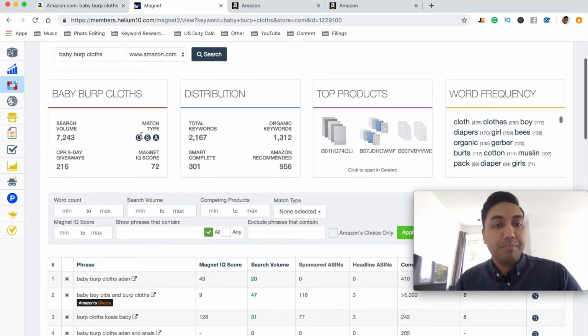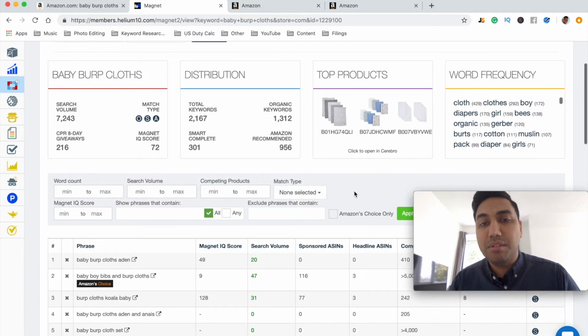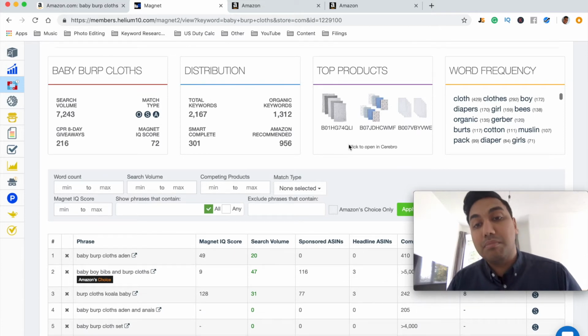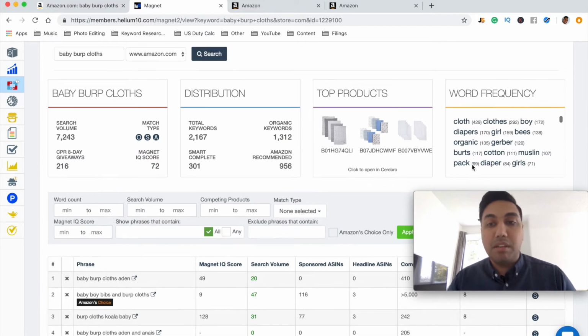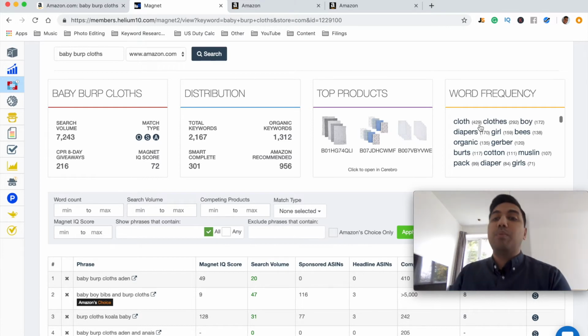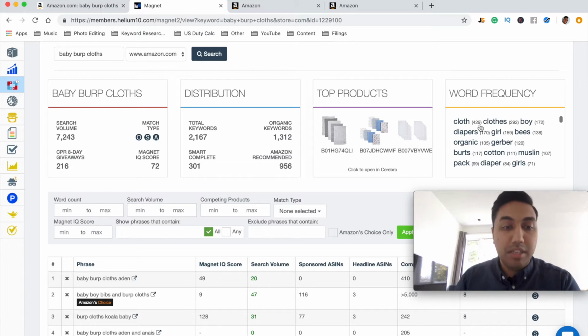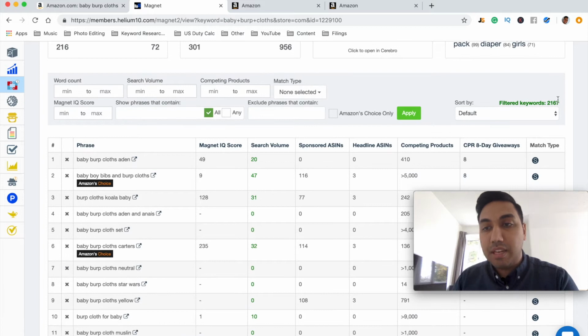And as you can see here, it will give you some information at the top. So it will give you the search volume, it'll give you some match types, some giveaways, IQ scores. There are some top products and word frequency. This is probably one of the most important parts that I like to see. It starts to give you an idea of, with baby burp cloths, these are the most common words. And as you can see, there's a number next to it as well that will tell you the frequency use of this specific word. Now, as you can see here, well, let me scroll down. So as you can see here, it's found